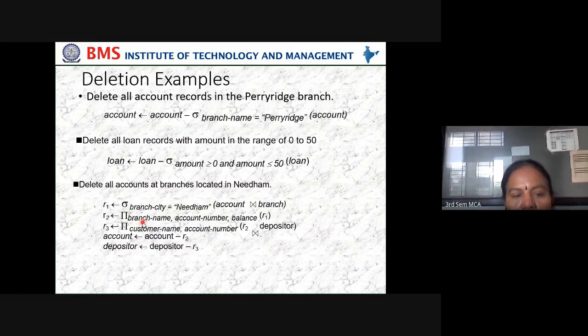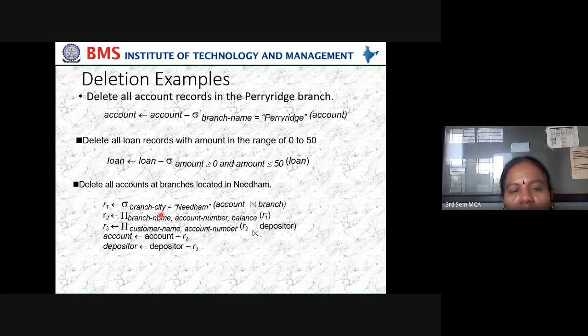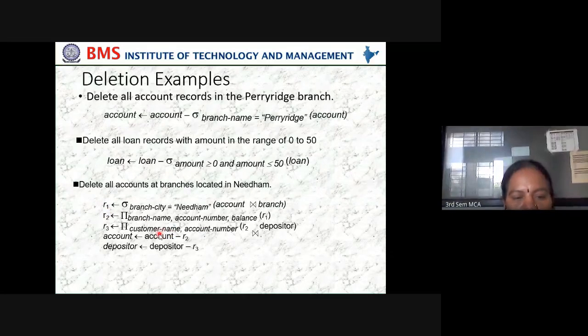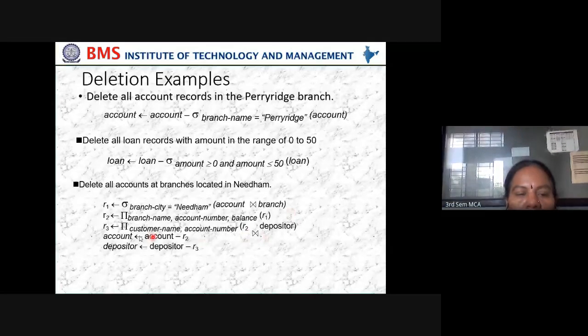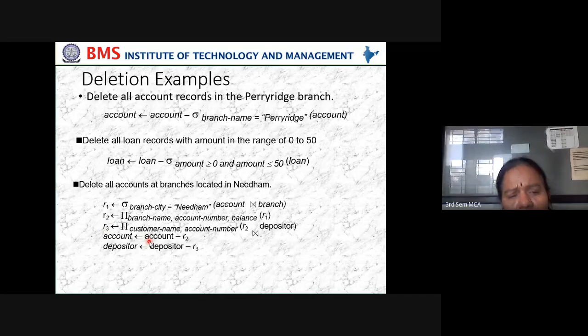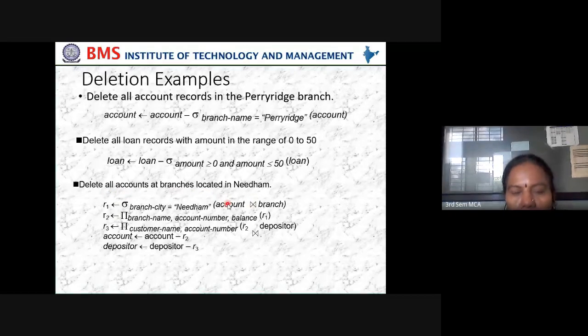Then select from this only the columns branch name, account number, and balance from R1, and store them in R2. Then do a natural join of R2 and depositor on customer name and account number, and store the result in R3. Then R2 minus account gives the account relation, and R3 minus depositor gives the depositor relation. This is how we delete all accounts at branches located in Needham. Next, insertion.